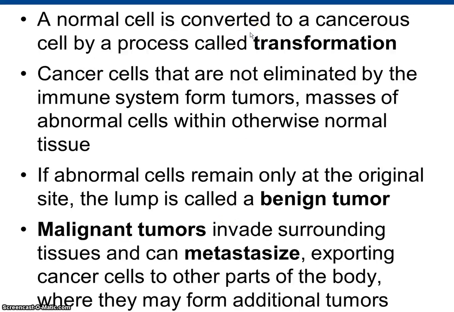So when a normal cell becomes cancerous, it's called transformation. And that means that basically the cell cycle has been somehow damaged. The DNA has been damaged so that the cell is not in check anymore. And your immune system can kill these cells, but if they're dividing out of control, a lot of times the immune system can't keep up with them. And so this is what a tumor is. It's just a mass of abnormal cells that just keep dividing.